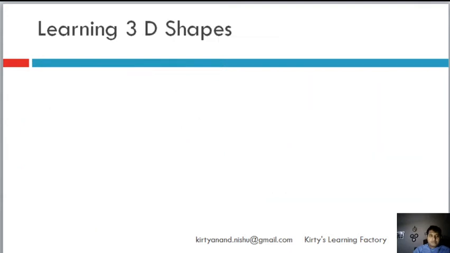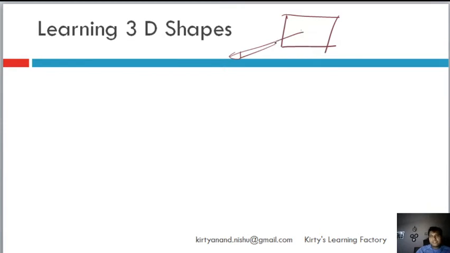So now quickly let's move into learning 3D shapes. Till now, whatever we were learning, you can draw all of this on a piece of paper and understand that that is the dimension. There is a length and then there is a breadth. But what if, let's say this is a screen that I am writing on, something were to be coming out of it, right? If we have to measure this dimension also, then this is the third dimension.